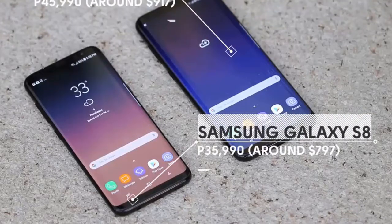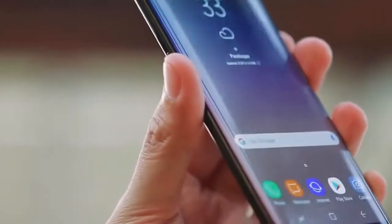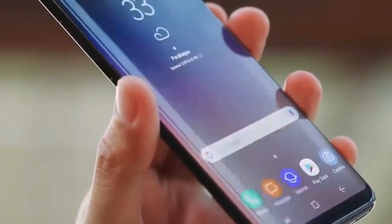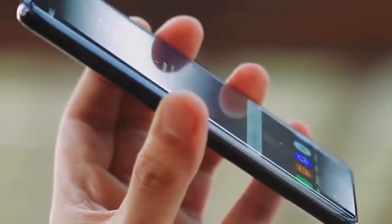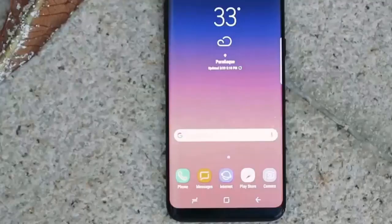Galaxy S8 and the Samsung Galaxy S8 Plus. What we have right here is the Samsung Galaxy S8, which has a 5.8-inch display, which is taller than what you'll see on most devices because of its 18.5:9 screen ratio. What is most impressive, however, is that Samsung managed to fit such a big display into a